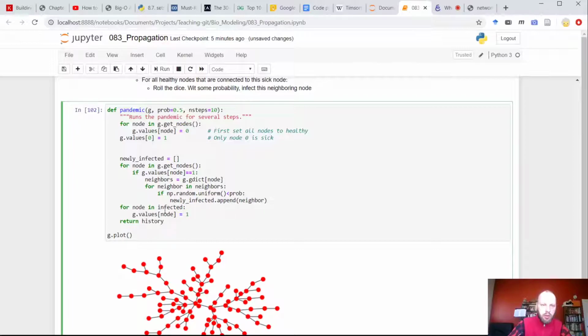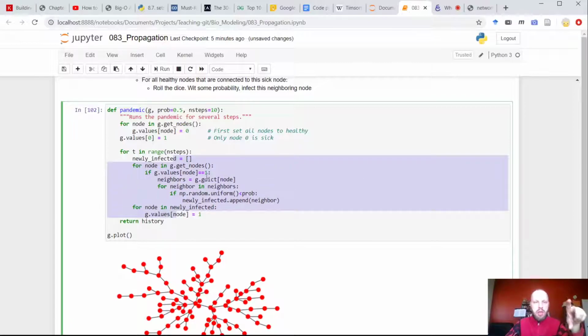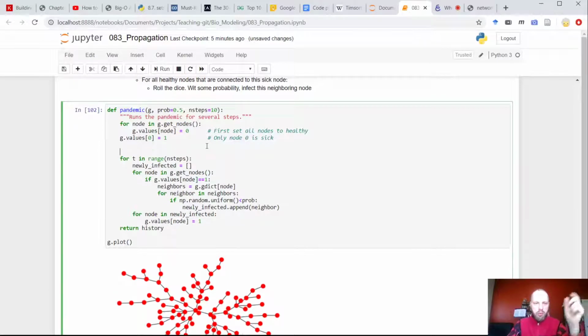Newly infected, done. Because if we have a good variable name, we don't have to add a comment. For t in range steps, t for time, all of that moves into this time loop, and now we need to add history. History equals np. I want it to be numpy because it's just numbers. Numpy zeros and steps,